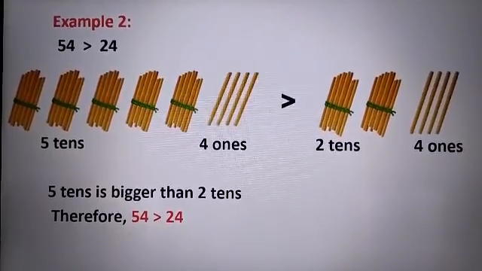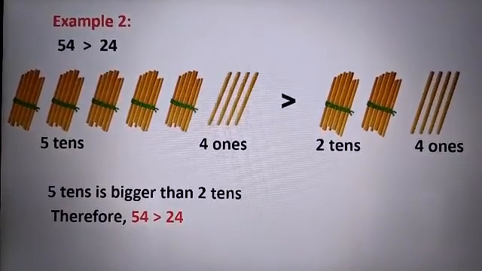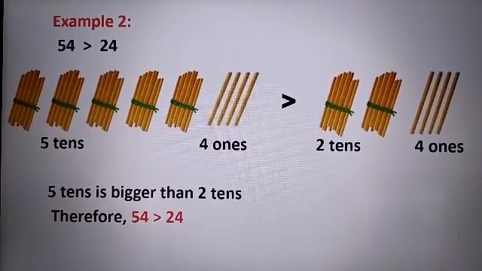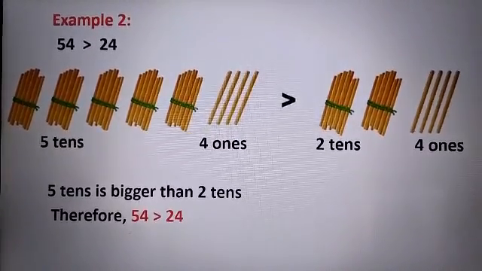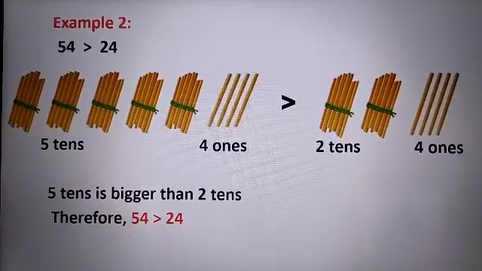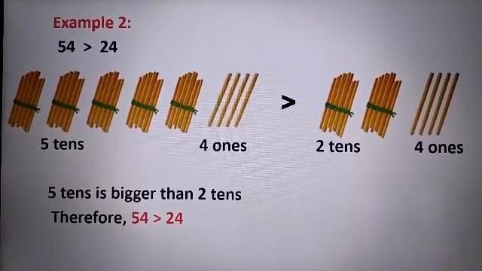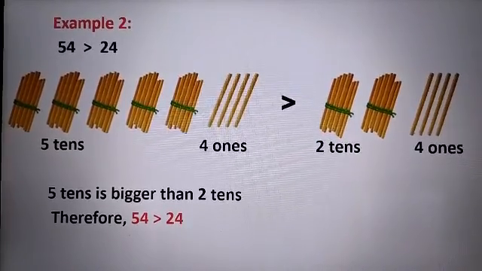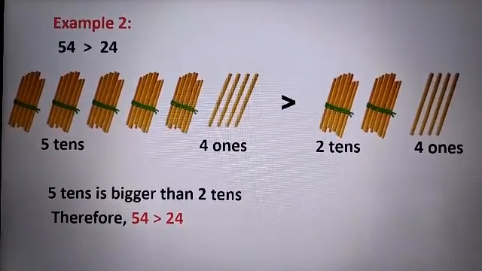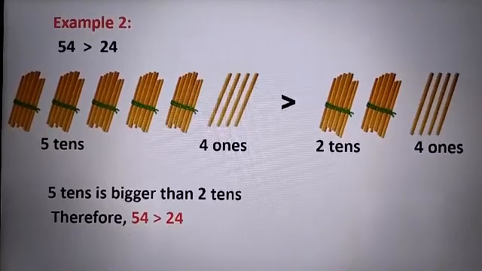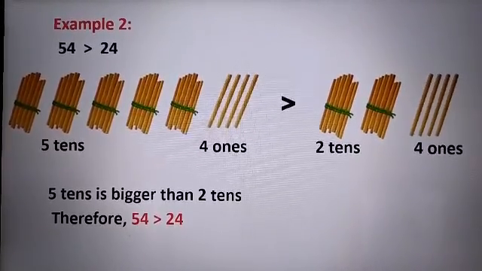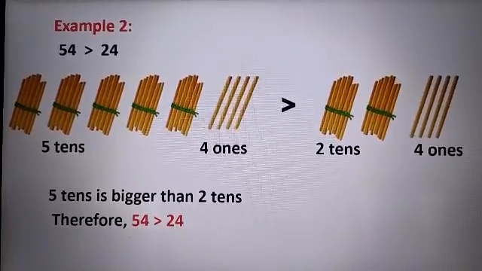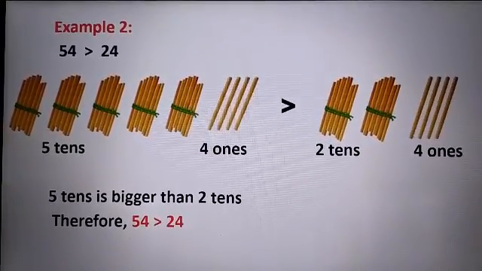So, kids, while comparing, remember, if you have different digits on the sides, that is 2-digit number and 1-digit number, 2-digit numbers are always bigger. First rule. Second rule for comparing numbers is, when you have 2-digit numbers on both the sides, then you have to compare from the digit which is on the tens place. Okay? Yes, very good.